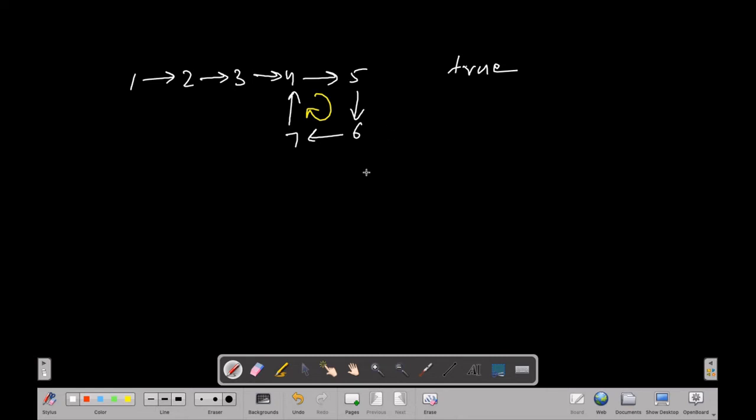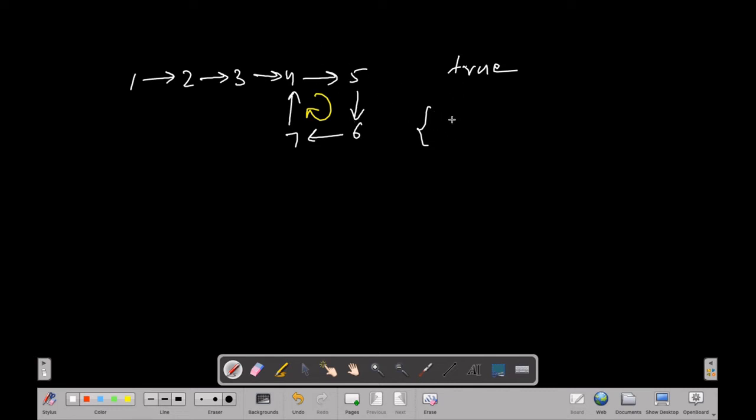So the first approach is we are going to use a hash set for this one. What we will do, we will create a hash set and store all the nodes into that hash set. Let's say this is our set. Then we will start traversing our list and storing the nodes in our hash set as well.